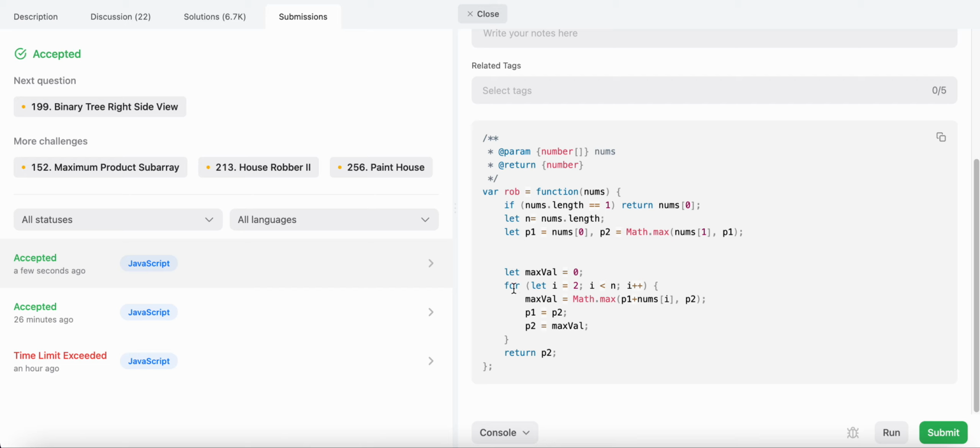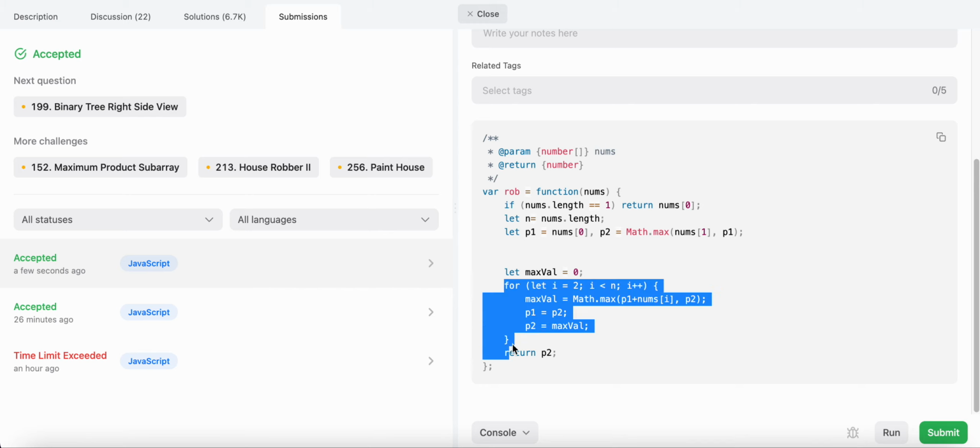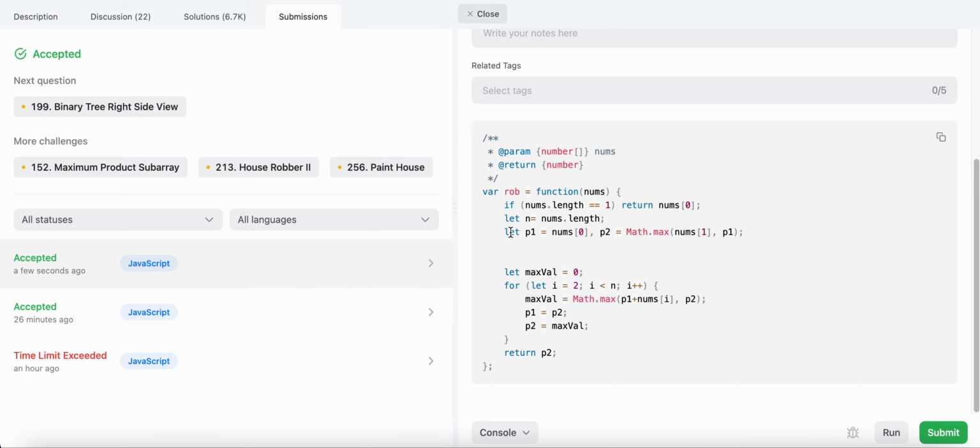Now talking about the time complexity, we are using a for loop, so it is O of n time complexity, and the space complexity is constant because the space is not dependent on the size of the array. So yeah,